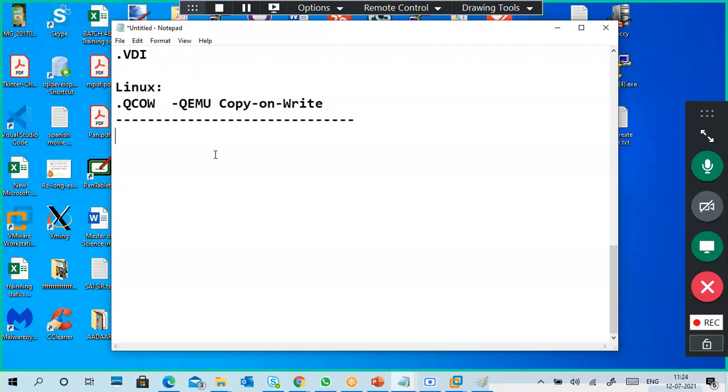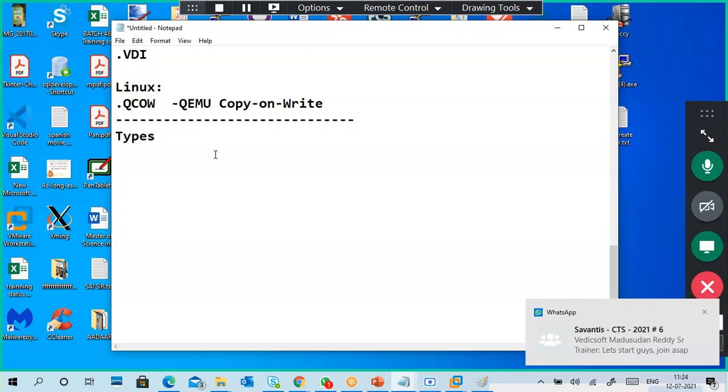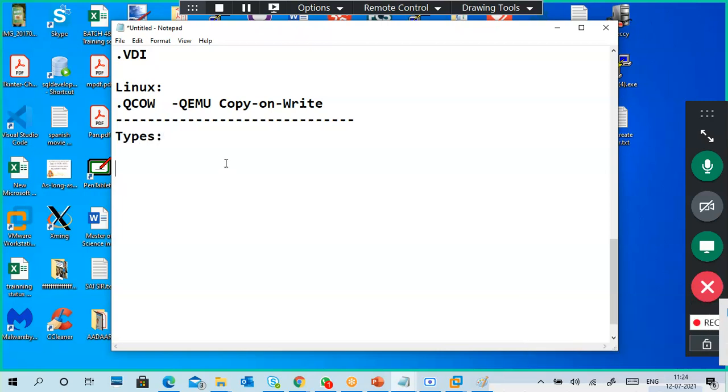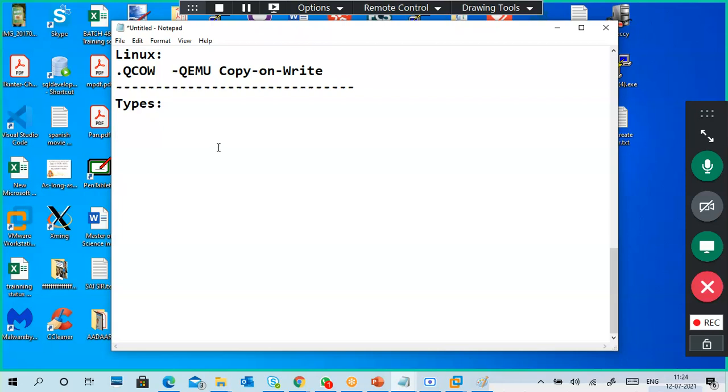Then we have to go to types. Generally there are 3 or 4 types, maybe depending upon the technology, but mainly two types are there.